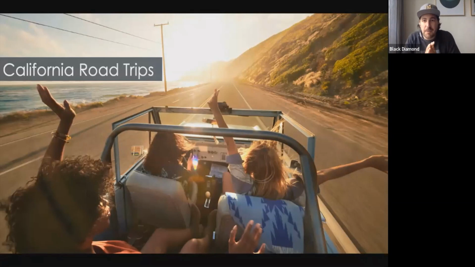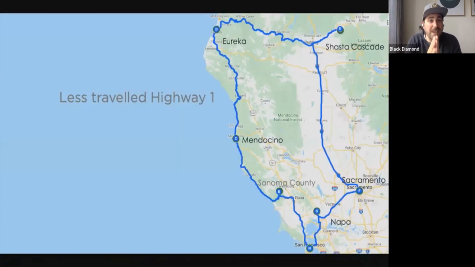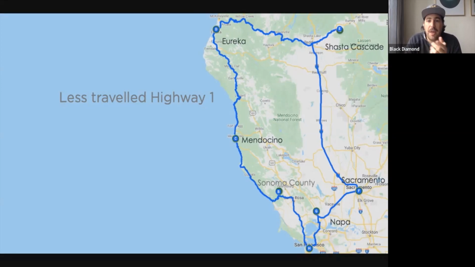That kind of links me with my standard California road trip. I'm going to do a little bit of a run up north. We're going to shoot through that. Easiest way to do that, I'm going to show a couple of videos along the way, but my northern road trip, or the less traveled Highway 1, as I would call it, again, we use San Francisco as our start point, and we head north.